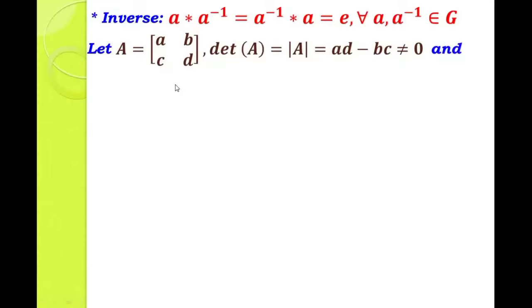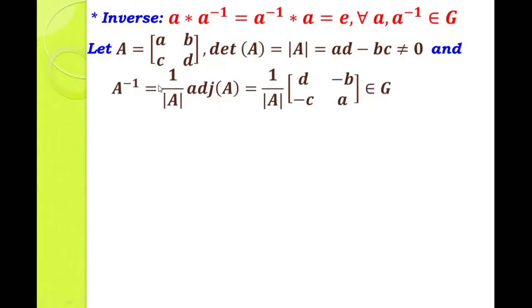How to find A inverse of a matrix? Okay, how to find A inverse? We know that A inverse equals 1 by modulus of A times adjoint of A. For the adjoint of A, we have to interchange the diagonal elements A and D and change the sign of the off-diagonal elements, which means B and